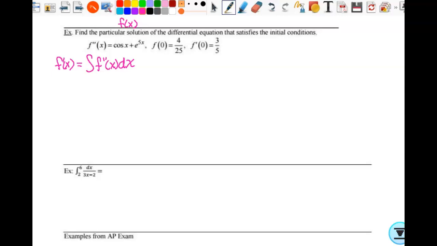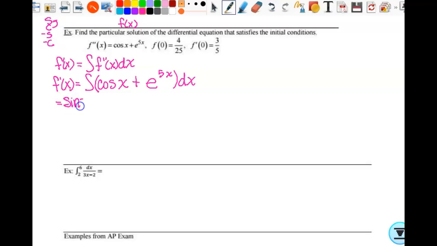So that means that f prime of x is going to be equal to the integral of cosine of x plus e to the 5x dx. Now I know that I can take the integral here. So what's the integral of cosine? Sine. Remember this: sine, cosine, negative cosine. The integral of cosine is sine. So this is going to be the sine of x